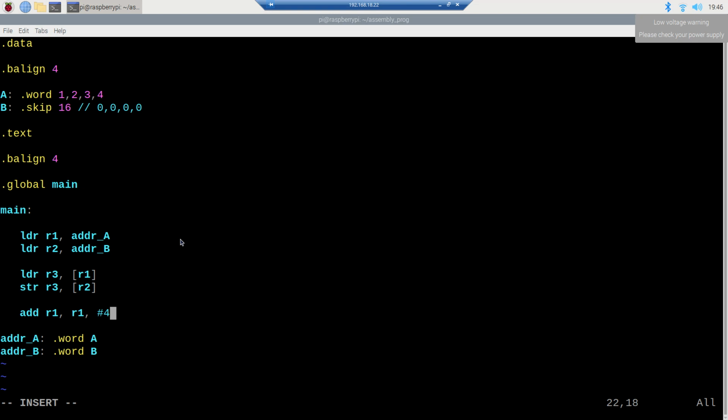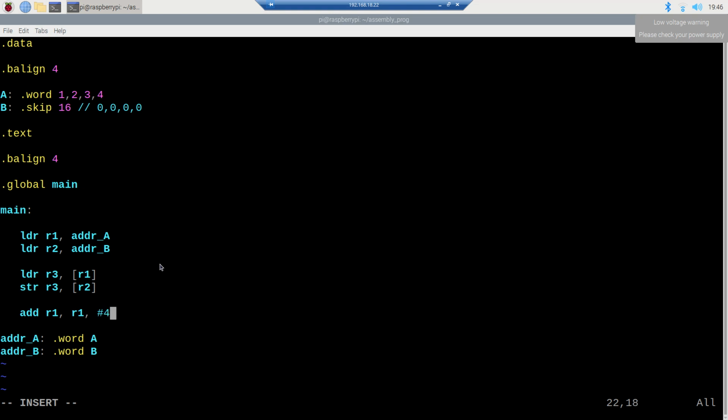So the 4 bytes are added to the value which was first loaded, and now this address is pointing to this element here. Okay, the second